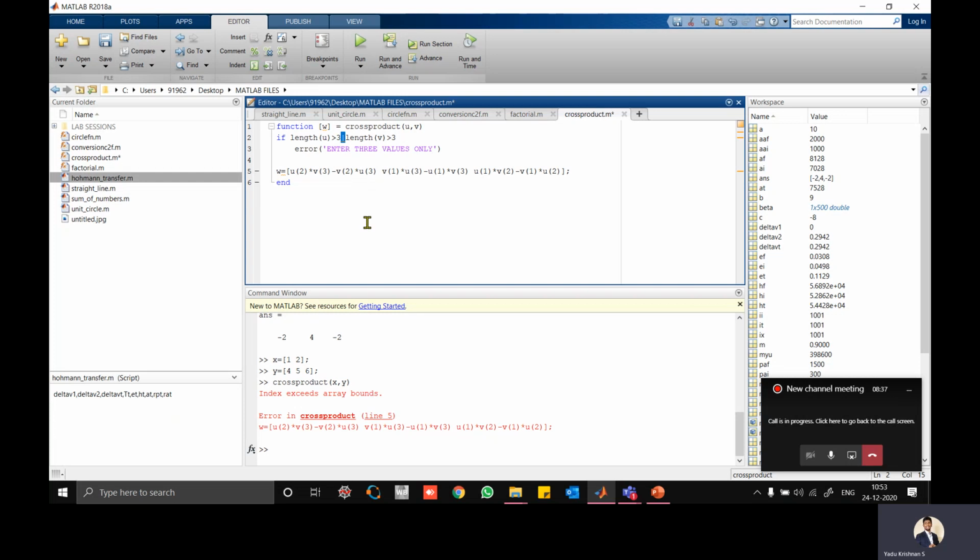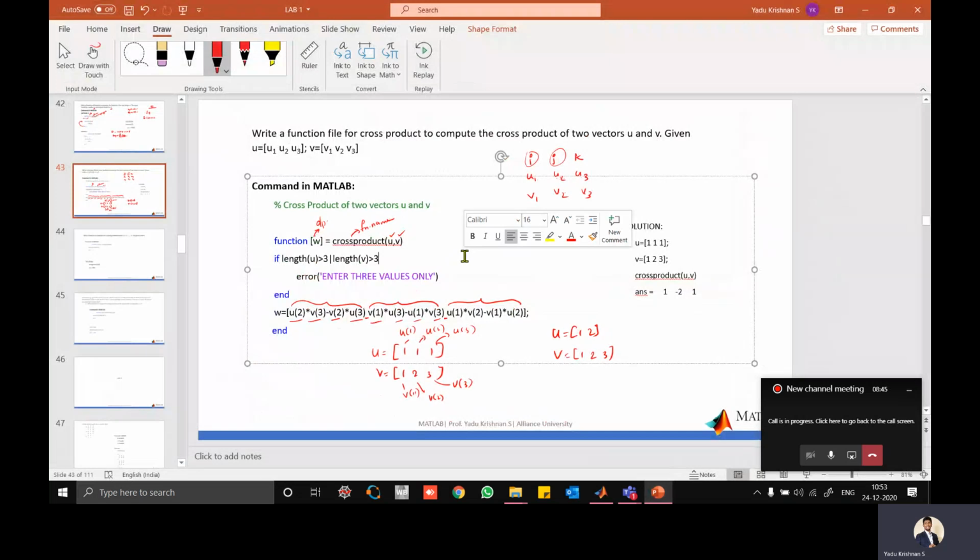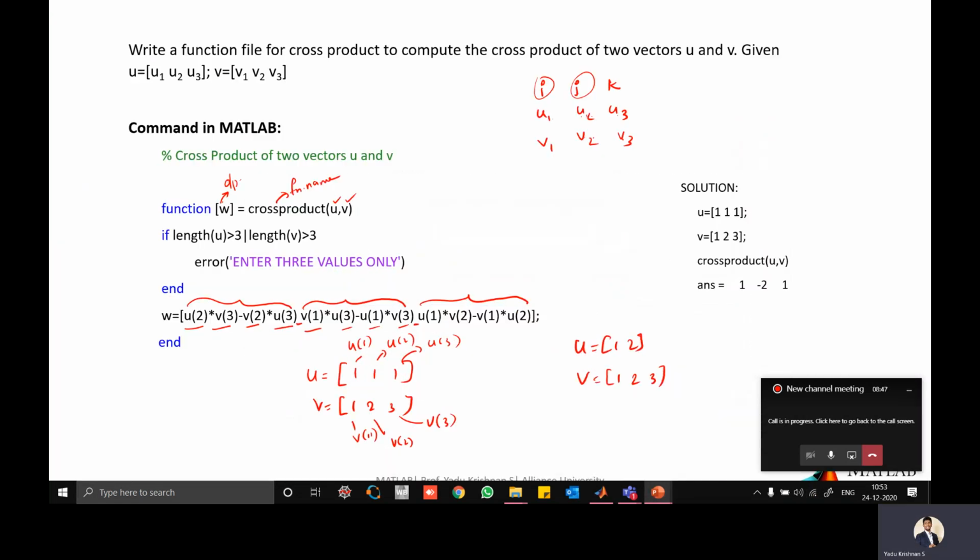So this is the logical operator or. So what we did here: if length of u, meaning how many elements are there in u, is greater than 3, or length of v is greater than 3.